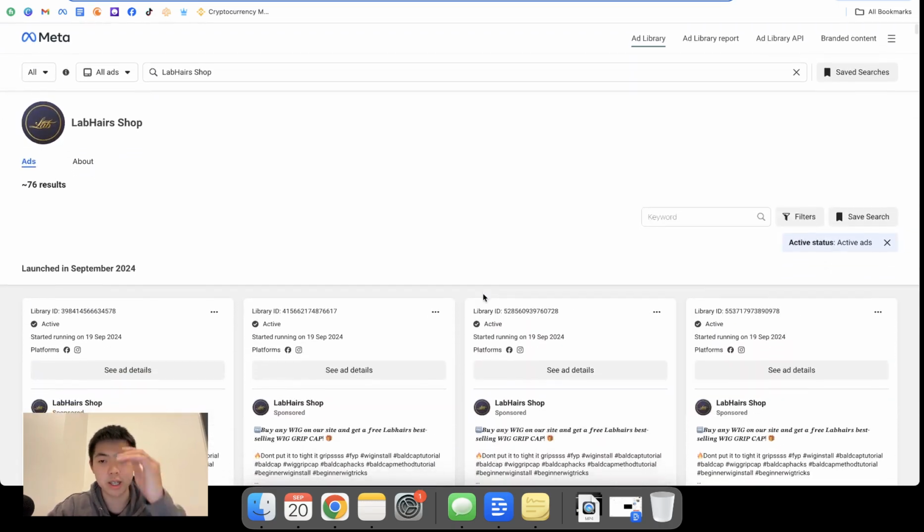Like, people really overcomplicate product research, like you're paying so much money for all these spy tools. You're paying $50 here, $60 here, $100 here. Trust me, I've paid for my share of spy tools, and I keep going back to the ads library because that's where I find all my products. And yeah, people overcomplicate everything these days. They think you have to buy